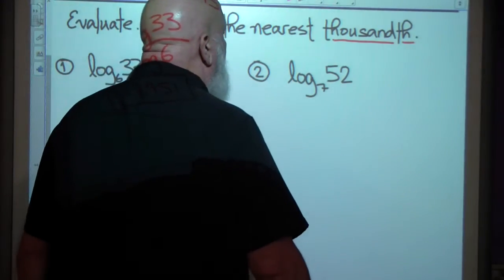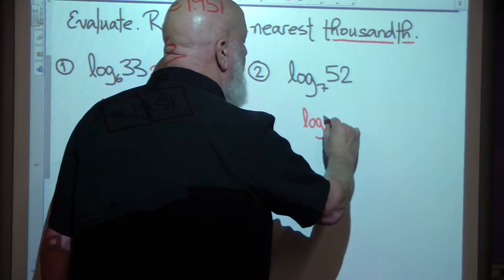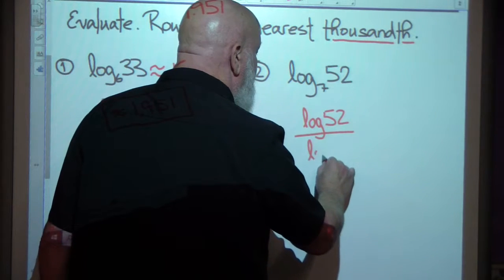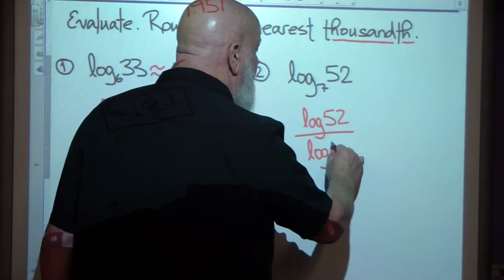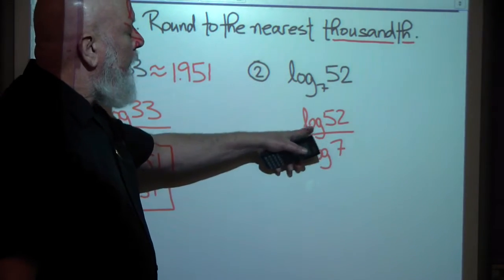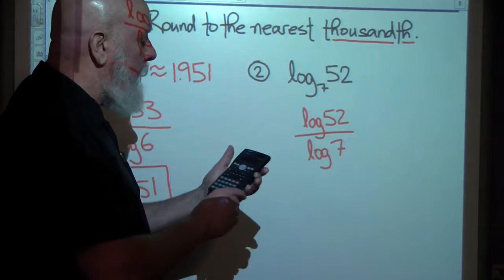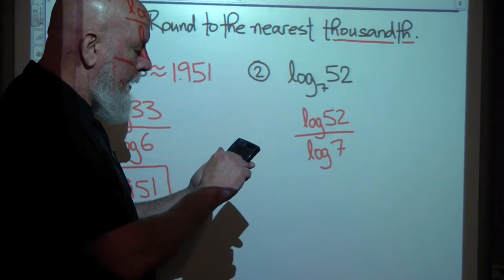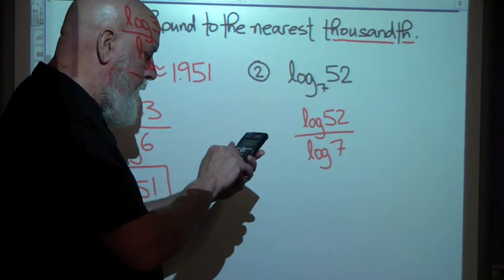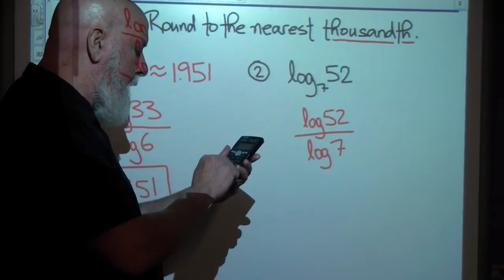Here we go. I'm going to change this to base 10. Pretty simple. This is now log 52, base 10, divided by log 7, base 10. That's the change of base formula. We can change the base to anything we want. I'm choosing base 10 because my calculator works in base 10. I evaluate this with my calculator, log 52 divided by log 7, or you could use the fraction bar function there. Clear, and log 52. Where'd my log button go? There it is. Log 52 divided by log 7